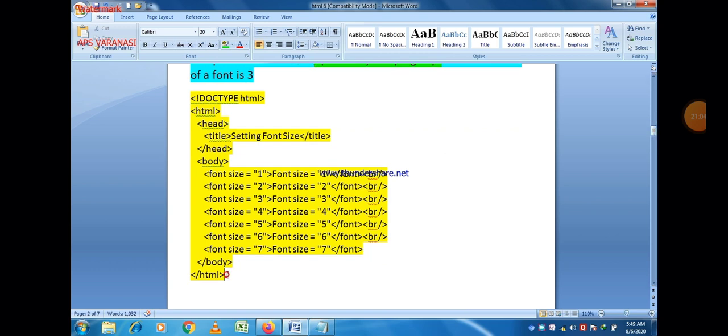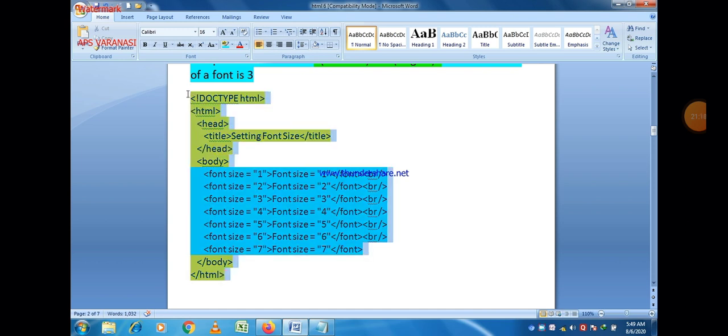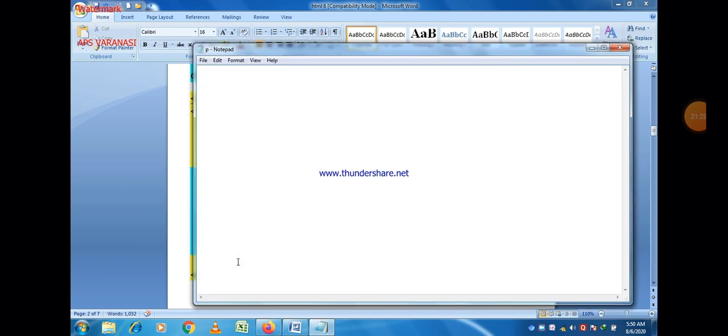Now you can easily see that different font size values are here. Simple program, so let us try to execute it. 1 to 7 different font sizes are there. Let us make a copy paste operation in the notepad file here.